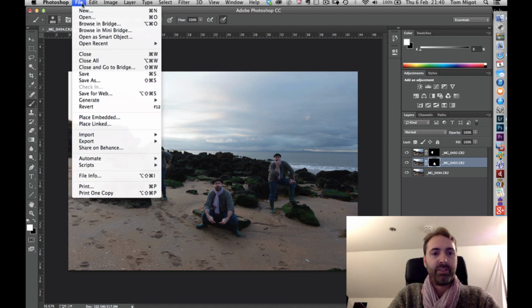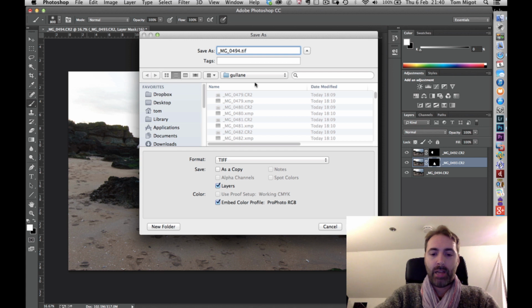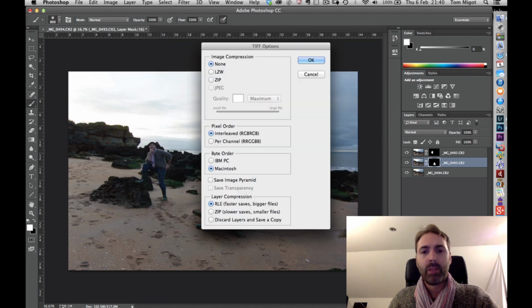And now what I'm doing is File, Save As, and because I want to keep the information of each layer, I'm going to save that as a TIFF file, and I'm just going to add a little edit here, and save it. And when you edit, sorry, there's already one because I've done the French version, so I'm going to do edit 2. And if I save it, now because I'm dealing with TIFF, that file is bound to be pretty big since we have layers. So what I'll do is I'm going to select the zip option to compress. And as you know, when we compress a TIFF file, it's fantastic because we do not lose any information. So I'm doing this and the file will be slightly smaller.